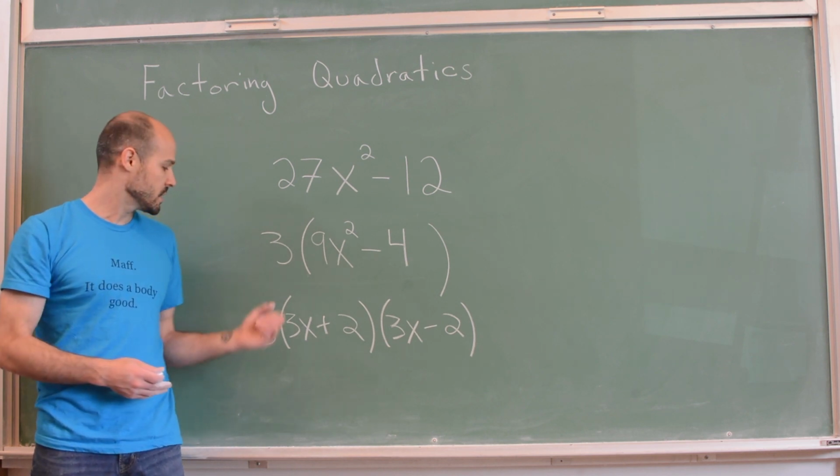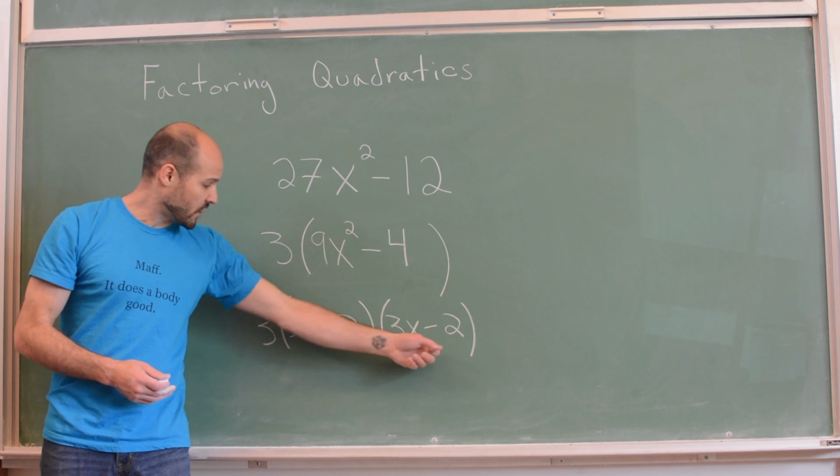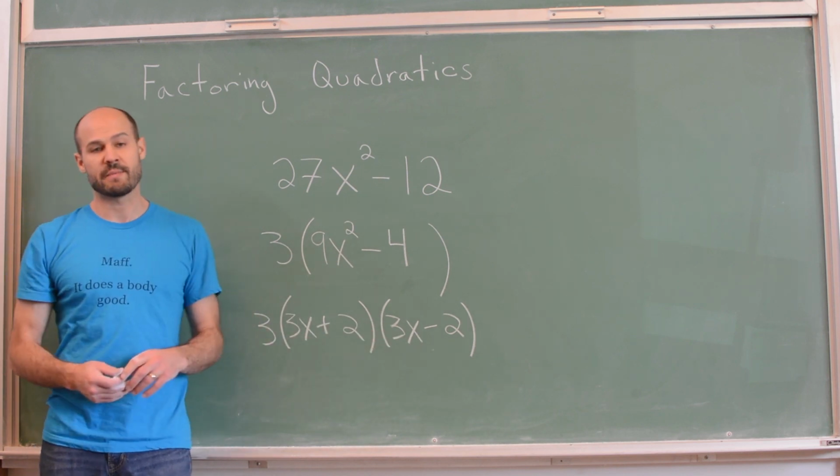We could check our work by foiling these 2 out and then distributing the 3 back in. We would arrive